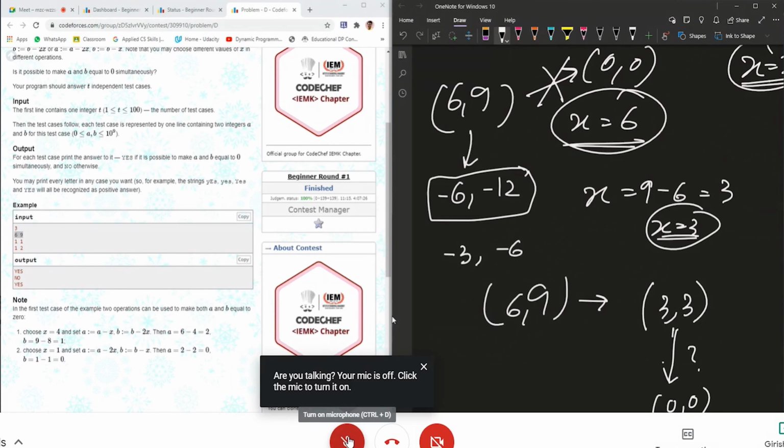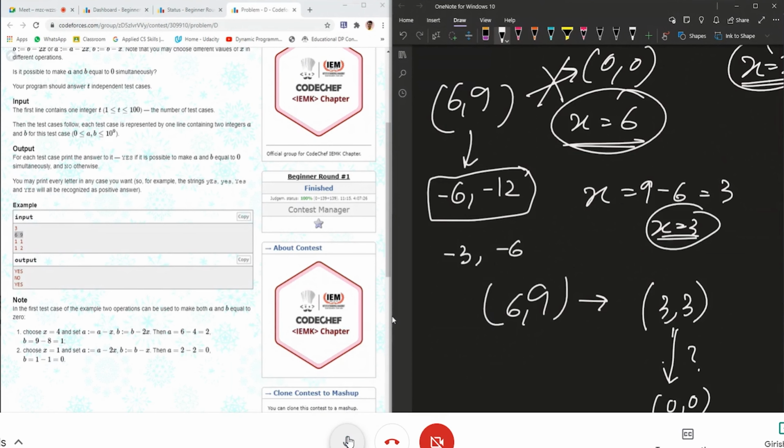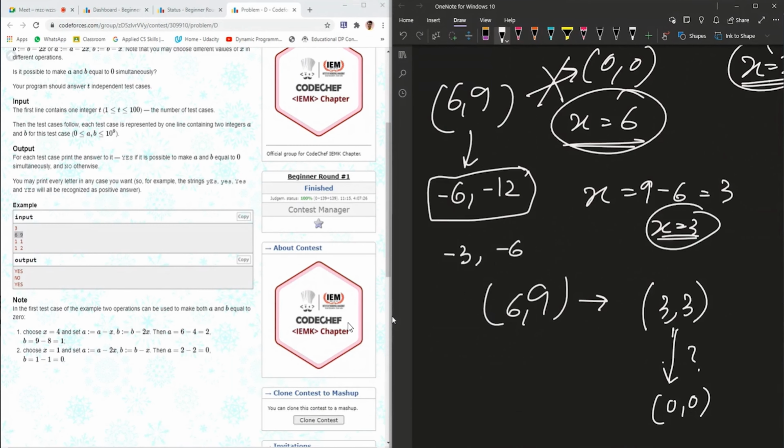Whoever was saying this difference, how are you going to convert 3 comma 3 to 0 comma 0? You cannot, because you need to consider x is equal to 1. You will be missing out on cases if you take x greater than 1. In order to convert 3 comma 3 to 0 comma 0, you will do minus 1 minus 2 and then minus 2 minus 1. I hope this problem was clear to everyone. Yes, thank you. Okay, so Shubho, you can take over.